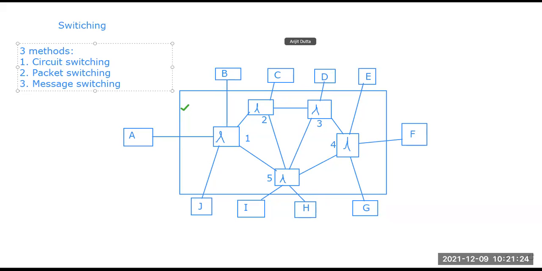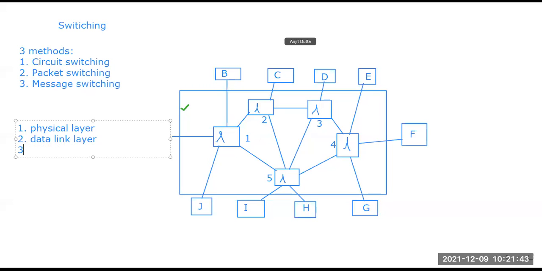So talking about that, first of all, let us look at switching at the physical layer. I have said the switch can generally be present in four layers: it can be present in our physical layer, in our data link layer, in our network layer, and lastly in our application layer. Okay, so what are the roles of each and every one?